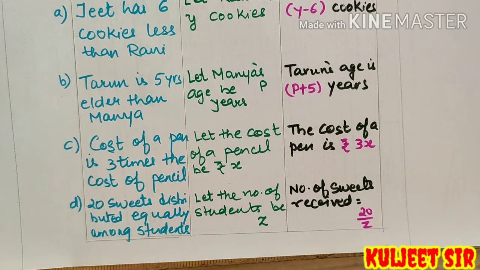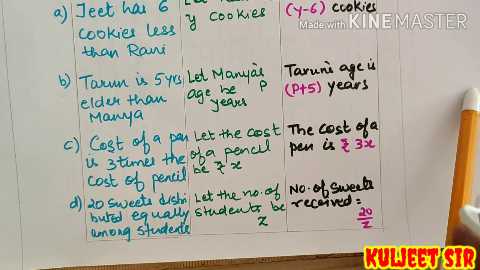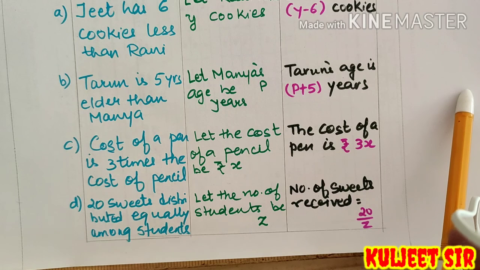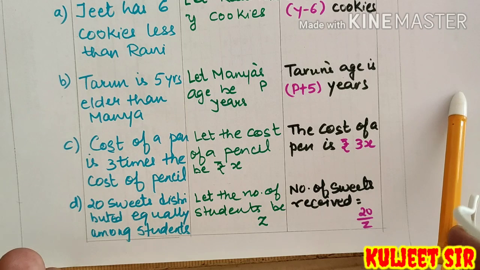Always remember one thing again. You always have to take into consideration the name or the situation which is given at the second part or at the last, and the content which is given further, that we have to add, subtract, multiply or whatever. But the person whose name is given, that has to be taken as the variable, and we'll have to assume for him or her any of the variables x, y, z or any other alphabet.